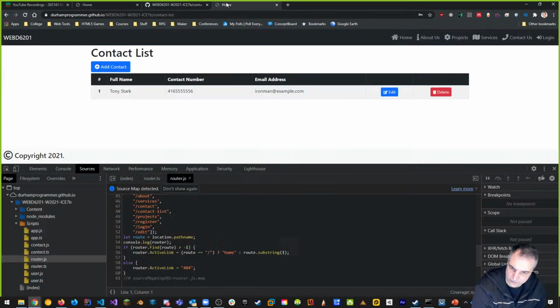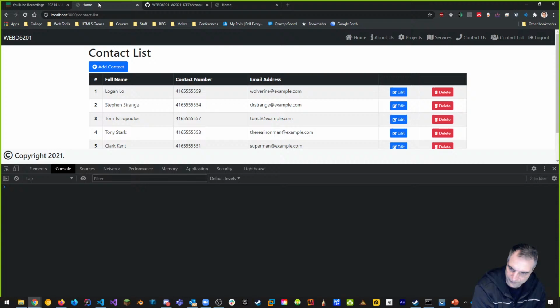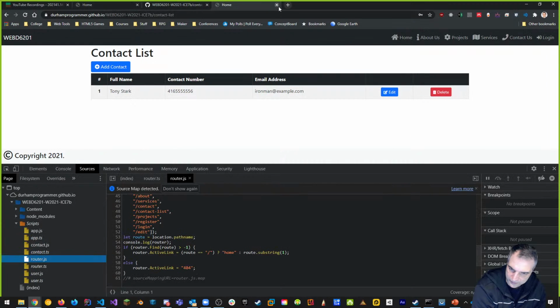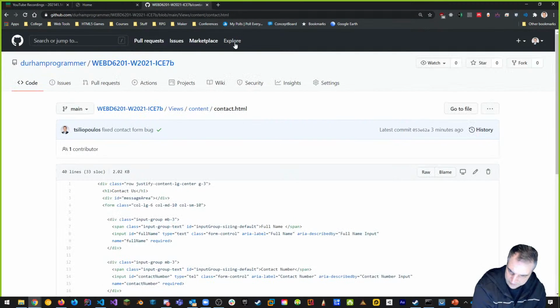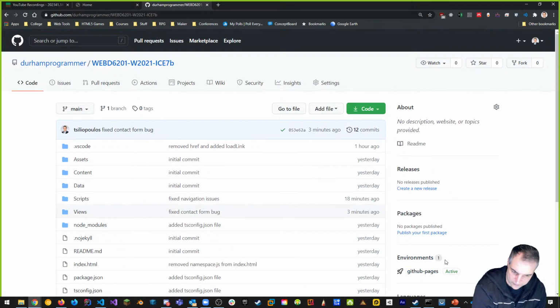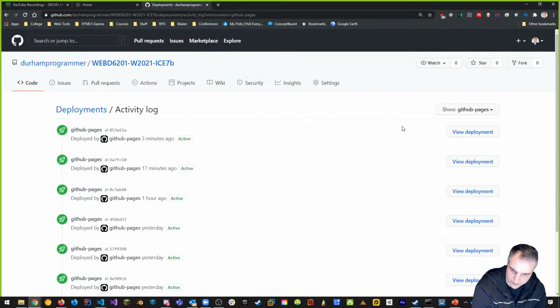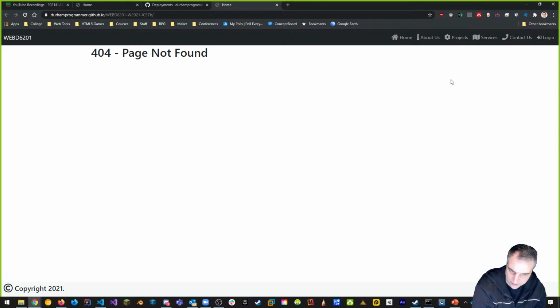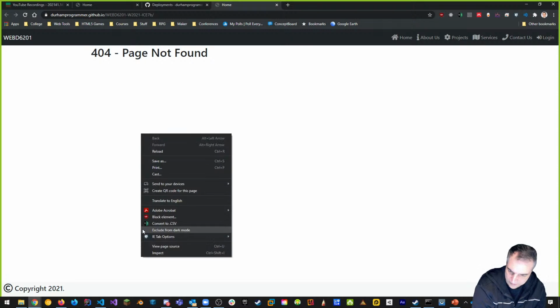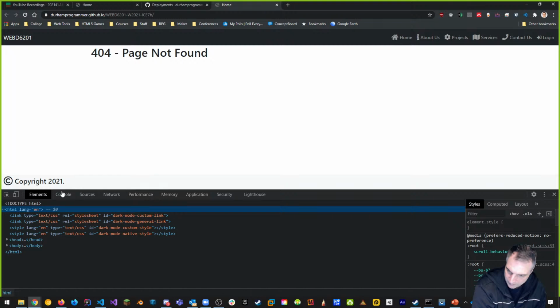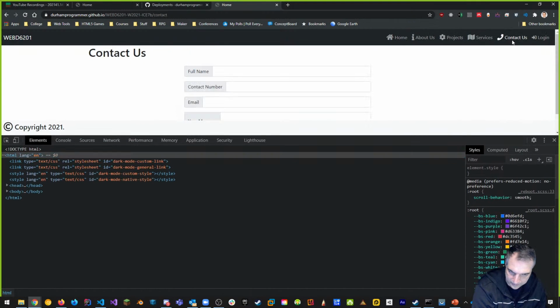let's make sure I don't have anything open here. Let's close this one off so we can release the cache for this one. If I go to my deployments, my active deployments, and I go to my pages, this is my active deployment. This is deployed 3 minutes ago. If I click the top one, and if I go and inspect my Contact Us page,